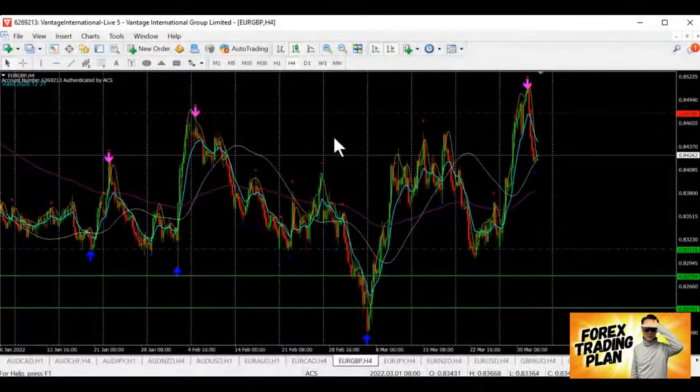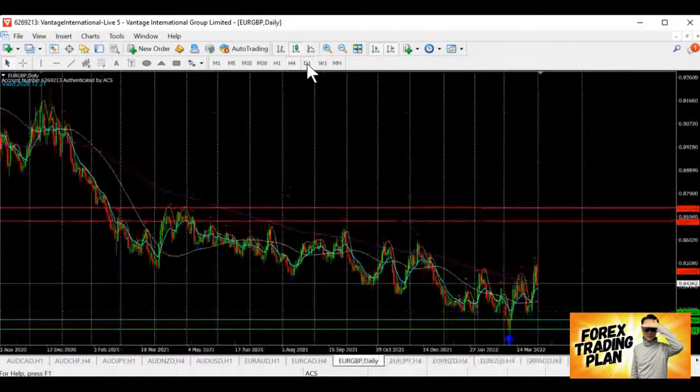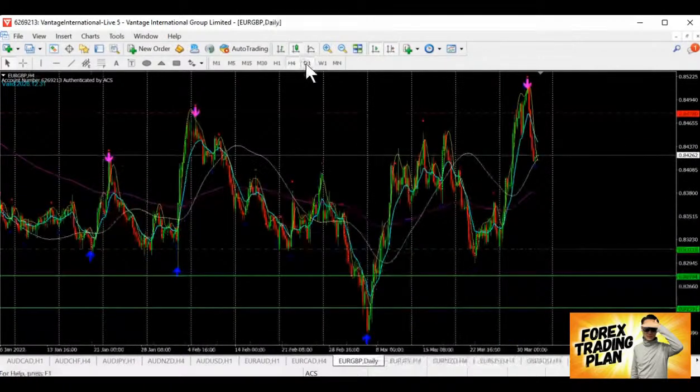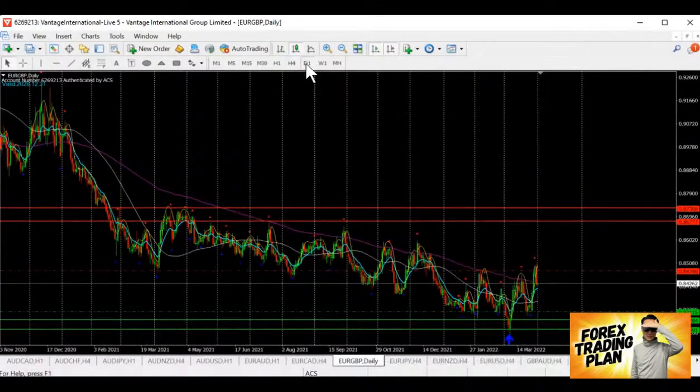Euro pound, I'm going to skip this, because as I mentioned many times, we are actually facing a lot of news in this Ukraine and Russia war. So this is going to be quite challenging to trade in this region. Okay, so let's move again.